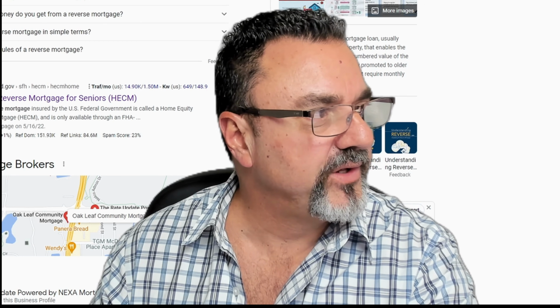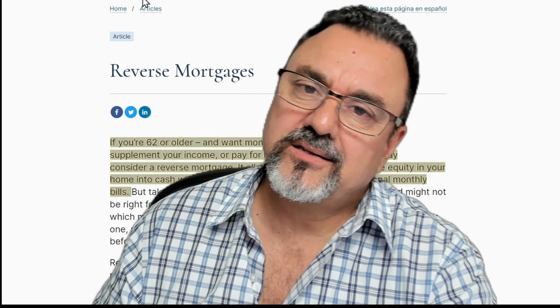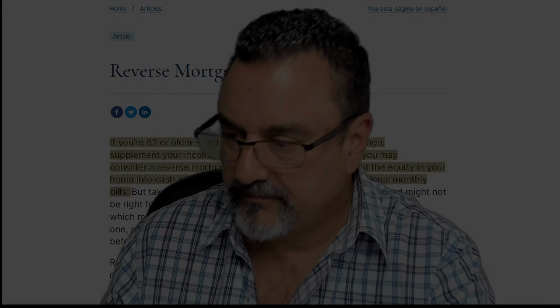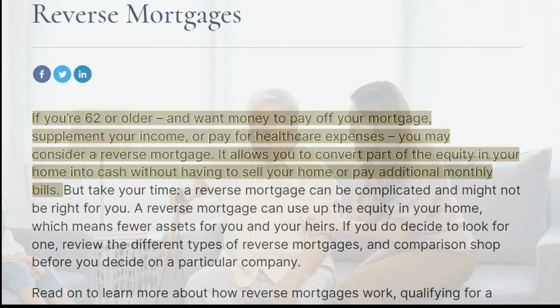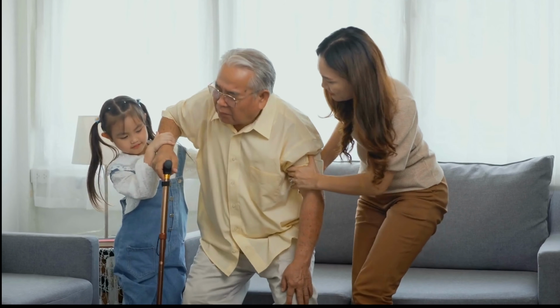So what I thought I would use, because a lot of people say that you're only grabbing the data that helps your argument, I'll put it that way. Well, this is from the FTC. All right, so let's use their background and their website's information to really explain what a reverse mortgage is. And the one main question that I want to explain to everybody is what a reverse mortgage is. So let's first start out by who qualifies and what would prompt you to look into a reverse mortgage.